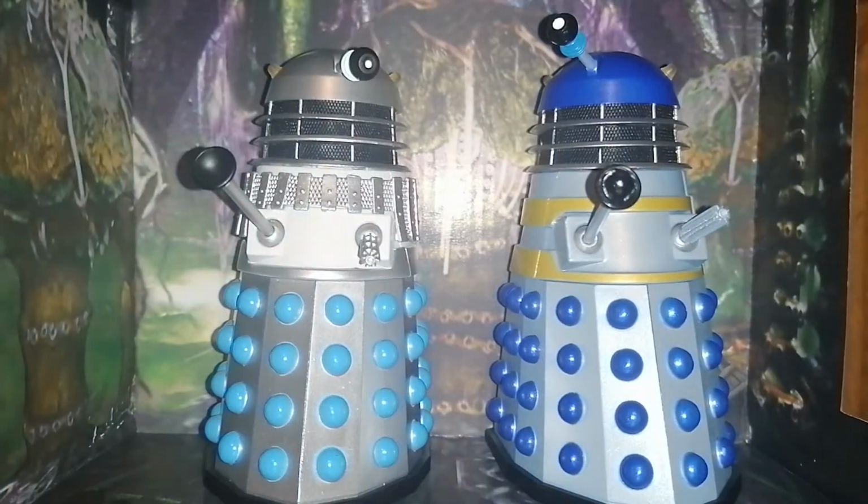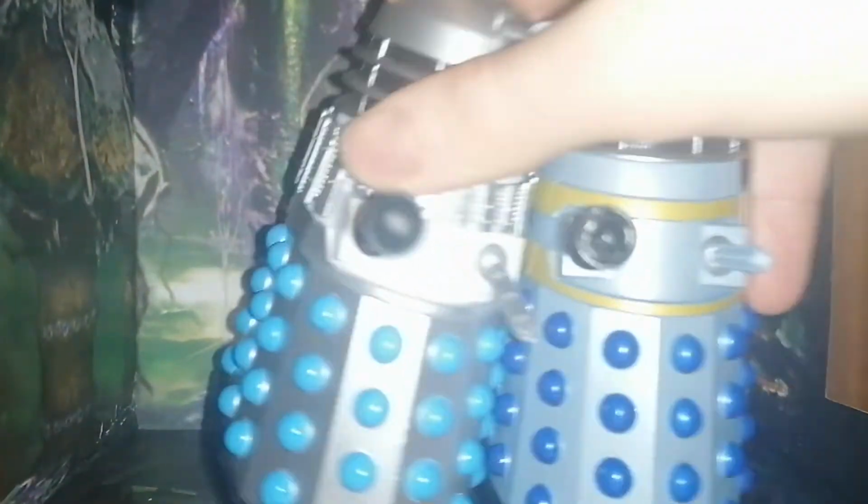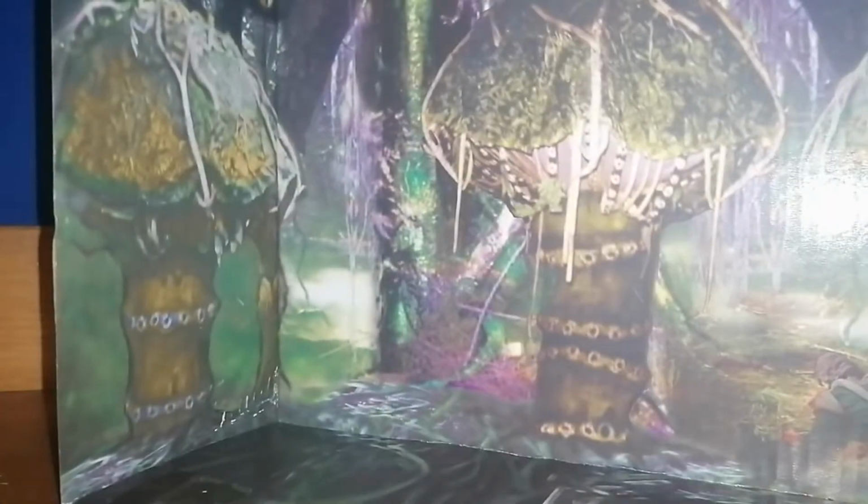And there we go, that's the packaging. Right, okay. I quite like them equally. Well, there's obviously this backdrop. Now, I'm a bit disappointed with this because it's similar to the one from the Jungles of Mechanus set. I would have much preferred the